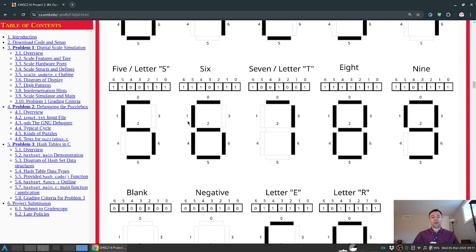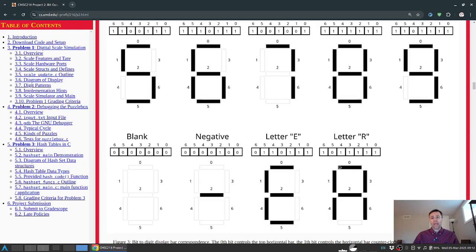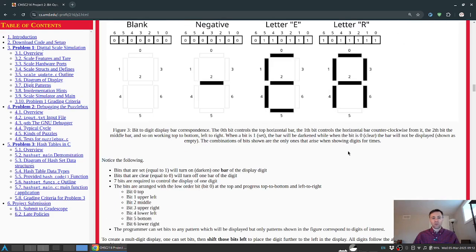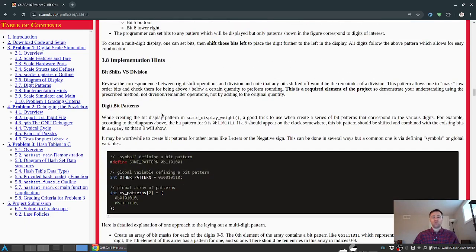There's some overlap in that the 7 and the T are supposed to be about the same, and the S and the 5, the 0 and the letter O are the same. As you would want to show something like "store", it would actually be 5, 7, 0, and then the A or R by that letter down here. So there's some advice about how this looks, along with how to go about using those digit patterns, along with